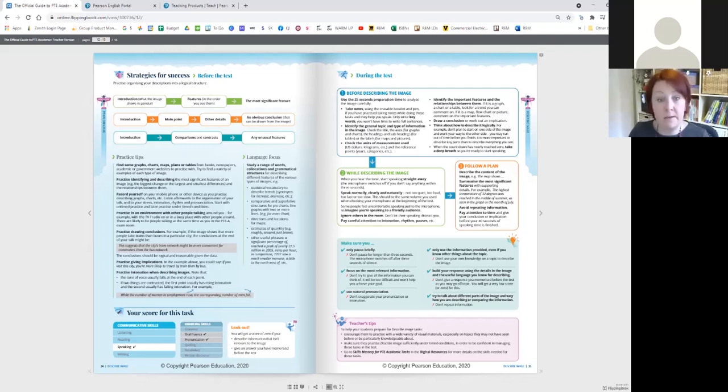So in the in-depth part, you get a little bit more information. You get some practice tips of things you can do. Again, these are all aimed at the student, a little bit on scoring. And then during the test, this is a breakdown of while you're doing the task type in the test. So what happens before, during, and after, things that you need to make sure you remember. And again, in the teacher's book, here you get a little signpost of things to remind them to do, things that you can encourage them to do, extra things that you can go to as a teacher to get more information on this task type, all that kind of thing. So again, really key and in situ so you can see it.